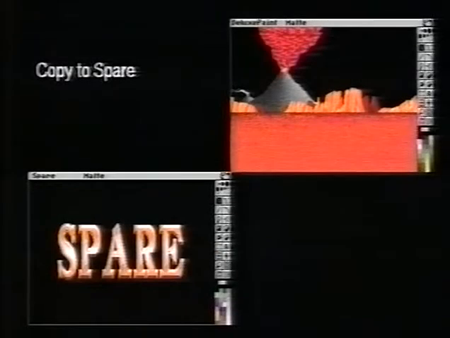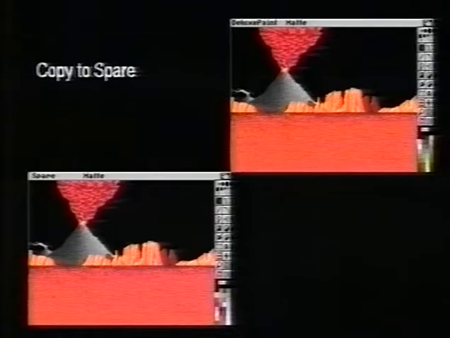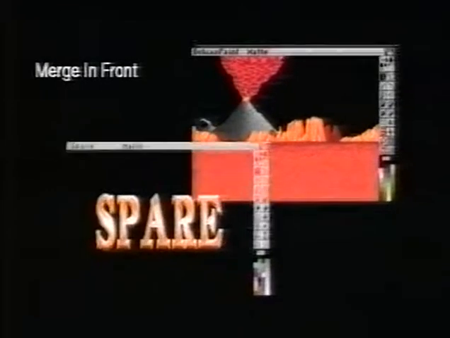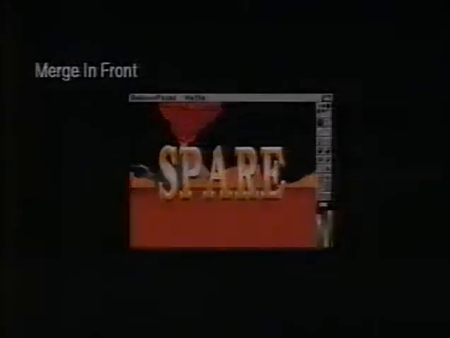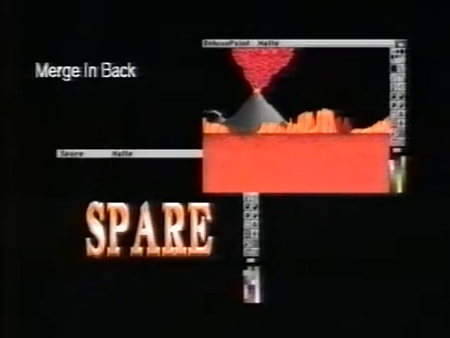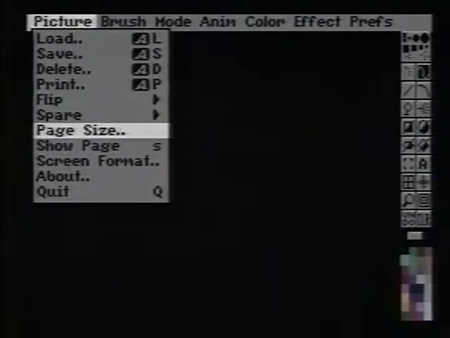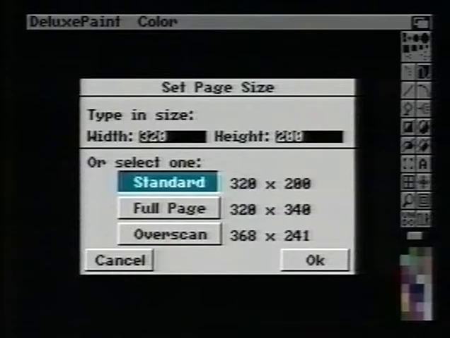Copy to Spare copies the picture on the current page to the spare page, so you can experiment with your picture on the spare page without fear of losing anything. Merge in Front merges the spare page in front of the current page. Merge in Back merges the spare page in back of the current page. If you no longer wish to have memory allocated for a second spare page, use Delete this page to delete the currently displayed page. Page Size displays a requester that lets you select a picture size in pixels that you